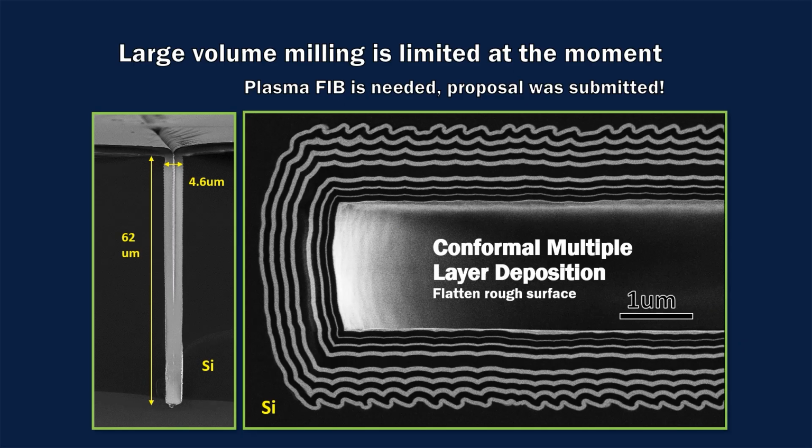Talking about conformal coating, ALD deposition is the ideal technique to use, as shown in this last example. The left image shows you a very deep silicon trench. Both the surface and the inner walls are covered by ALD aluminum oxide uniformly, with the bottom section filled with aluminum oxide completely. The right image shows you the bottom section of a larger silicon trench, covered by an alternation of two layers of ALD deposition.